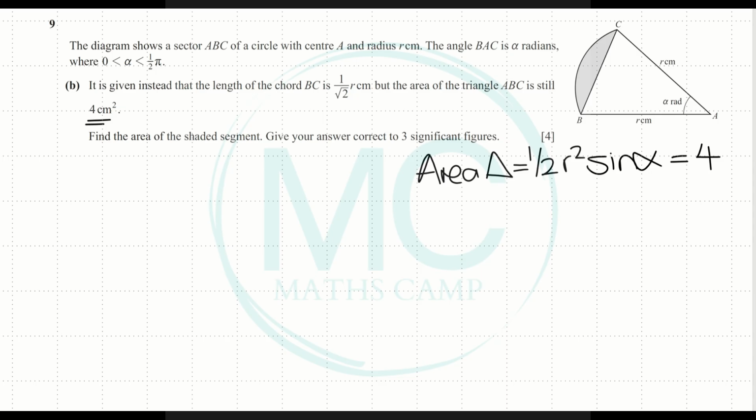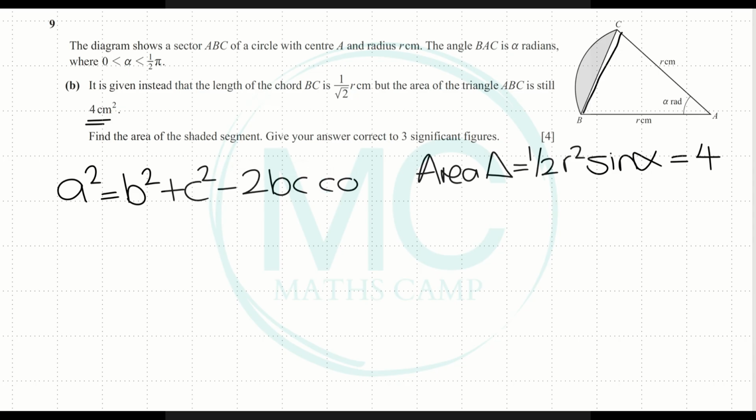When you are given the chord, one side of this triangle here, the best thing to do is to use the cosine rule. A squared is equal to b squared plus c squared minus 2bc cos A. In this case, I'm going to use chord BC as side A. So I can say BC squared is equal to,